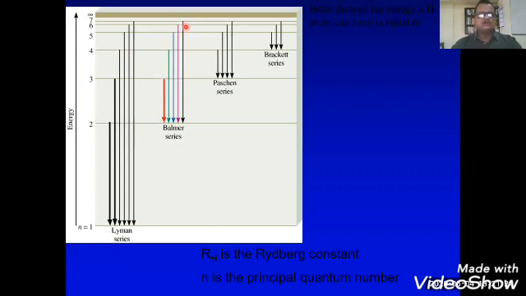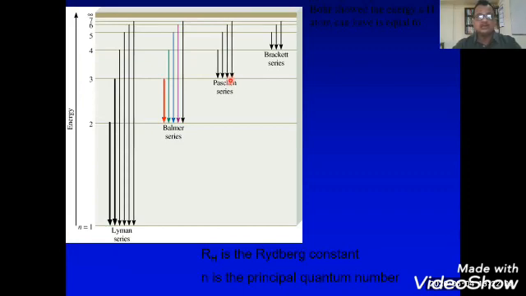So the electrons may drop from a higher orbit to the second orbit, and in this process, energy is emitted in the visible region, and these lines are called the Balmer series. An electron may drop from a higher orbit to the third orbit, fourth orbit, or fifth orbit, and these transitions are observed in the infrared region. That means when an electron jumps from the fourth orbit to the third orbit, or from the fifth orbit to the fourth orbit, or from the 7th orbit to the third orbit,